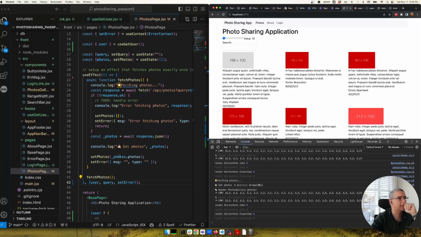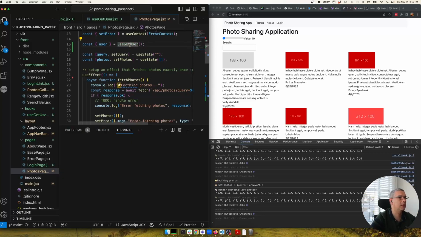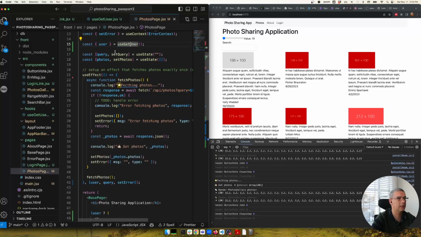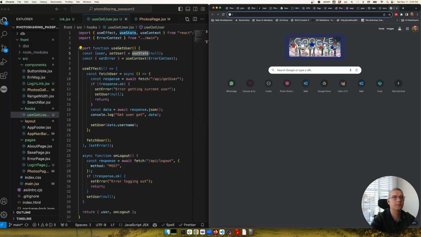Oh yes, because the problem is that this user is probably a different state variable. So when I do this one, that is creating this one. I think there's also, yeah,